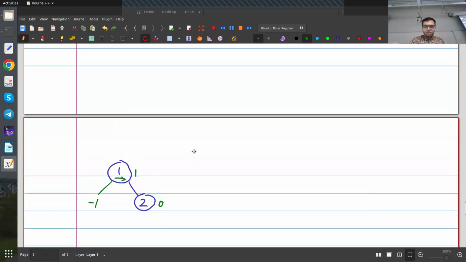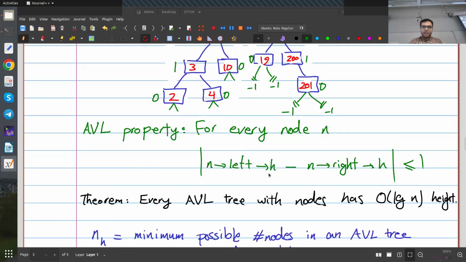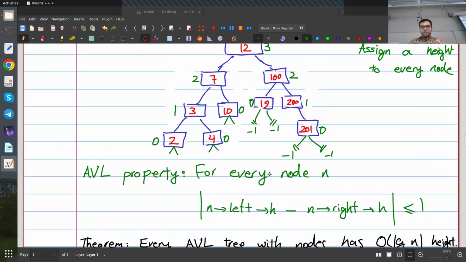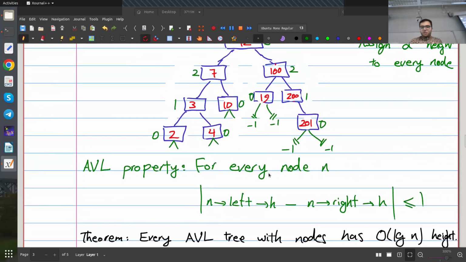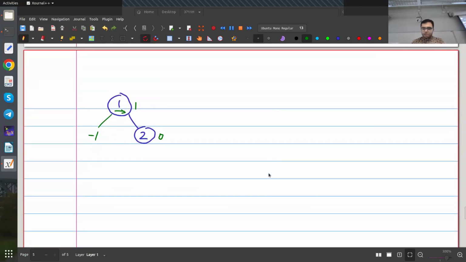Okay, so what the AVL property says is that every node would either be right heavy, which means the height of the right subtree is 1 more than the height of the left subtree, or it would be left heavy, so the left subtree is deeper, or maybe both subtrees have the same height. So we say balanced if they both have the same height. Okay, so this is my tree right now, and it's